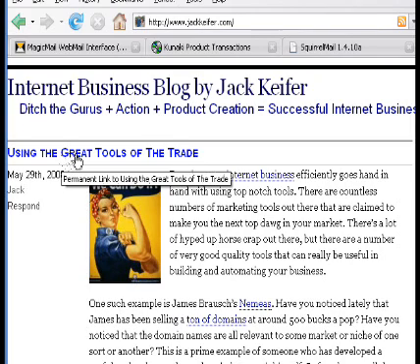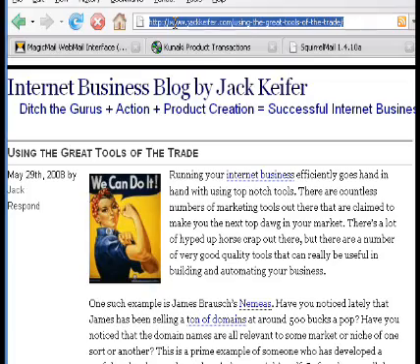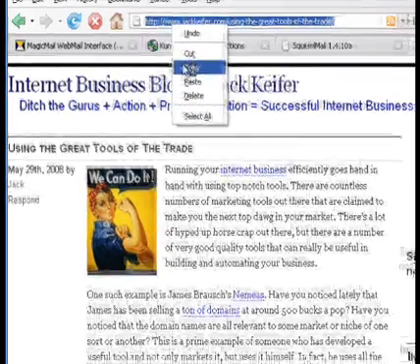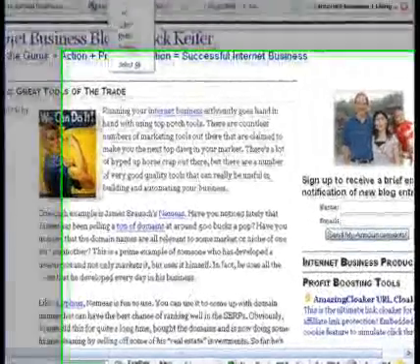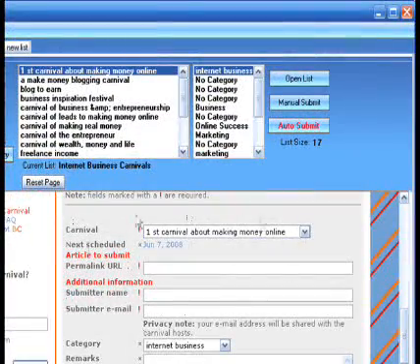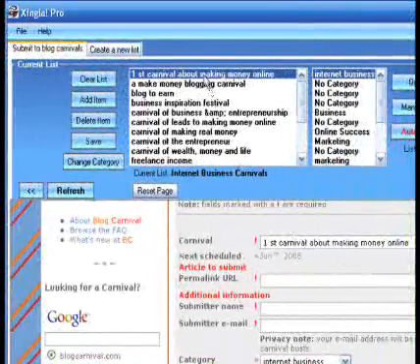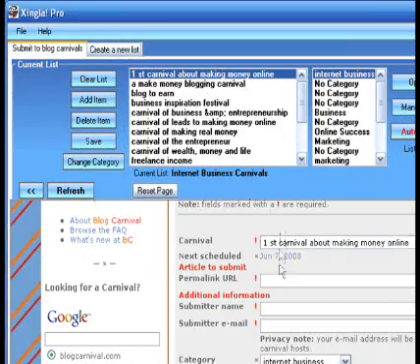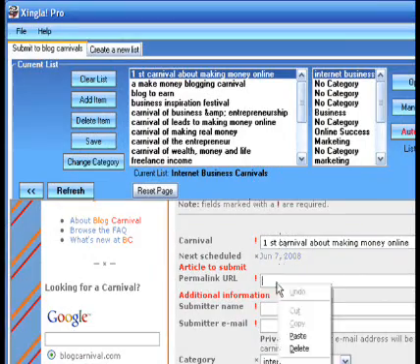If you're not using Firefox, maybe you're using Internet Explorer and you don't know how to get your permanent link, another way you can do it is simply click on the permalink and then copy it out of the address bar. So let's go ahead and paste it into our permalink URL. And as you can see, the list starts at the top. So I'm going to paste this in,